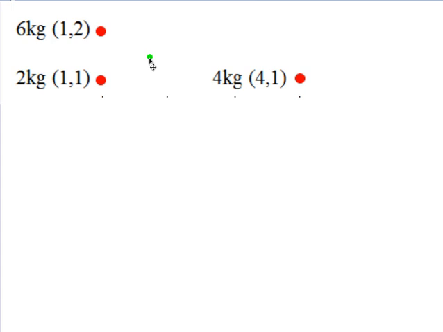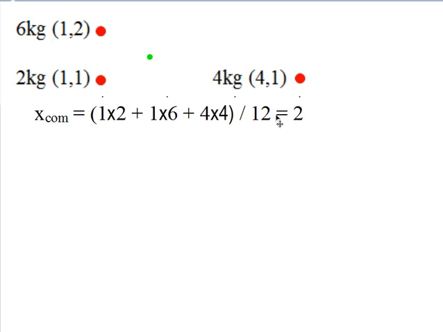mass, someplace like that. But the actual finding of that would be a matter of taking this location x and weighting it with a weight of 2, and taking this location for x, which is a 1, and weighting it with a weight of 6, and this location for x of 4, and weighting it with a weight of 4, adding up those weighted values and dividing by the total mass to get the center of mass, the x center